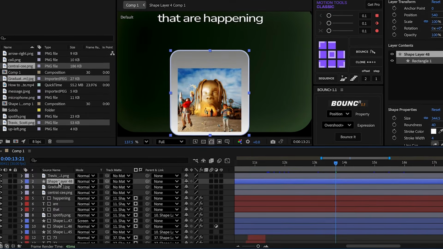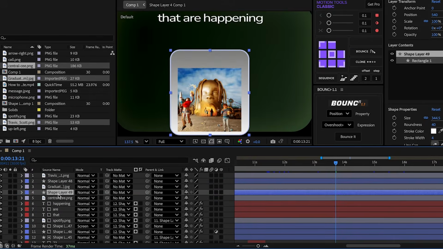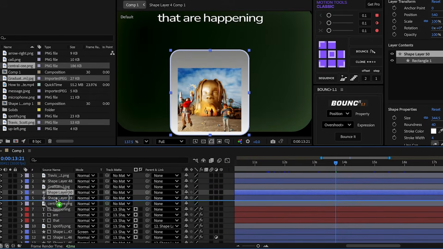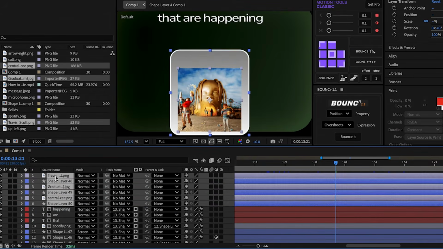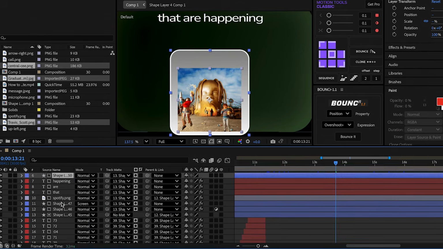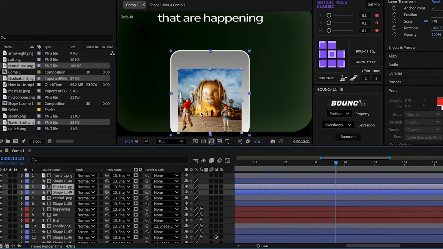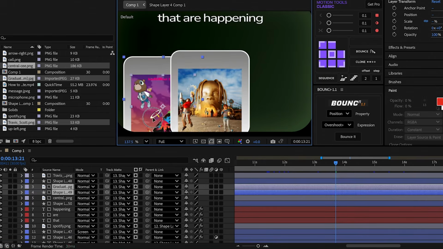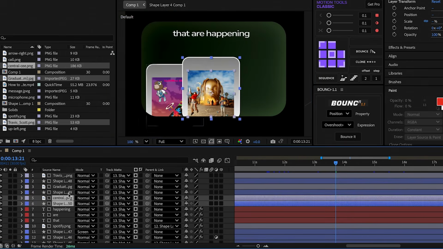Duplicate the rectangle and place it under the next album. Then duplicate it again and place it under the last album. Select the 3 rectangles and the 3 albums and parent them to the layer of the rectangle without visibility. Move Kanye's album and its rectangle to the left side, and move the Central C album and its rectangle to